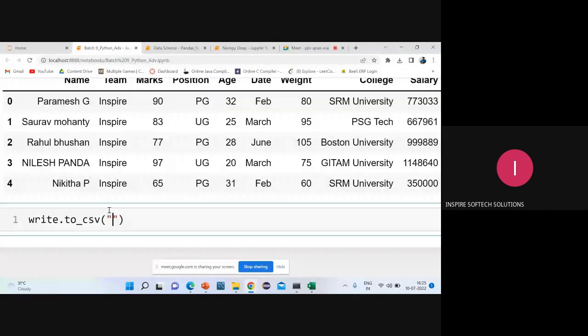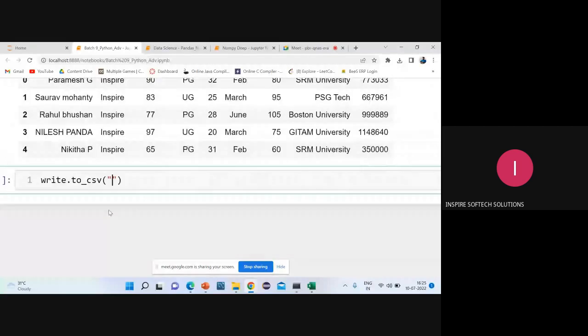I'll keep it in double quotes as new_rename, or anything you can keep. For reference, because for the other batch also I thought about starting with new_name, new_folder, like that. So skip it. New_rename I'm keeping as my file name, and the extension is going to be .csv. Okay, done. Now I'll give index equal to False.